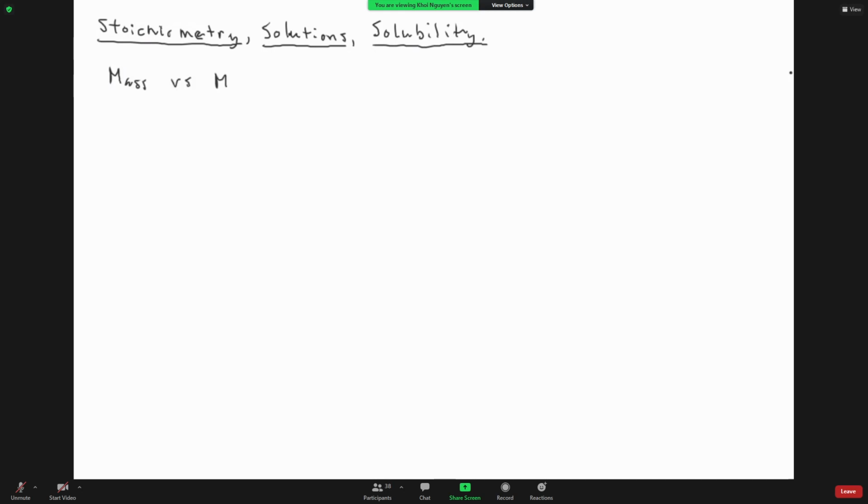So let's define what a mole is. So 1 mole of something is 6.02 times 10 to the 23rd things. It's just a number. Like a million, a billion, a trillion, a zillion, whatever, right? A mole is just a number. It's 6.02 times 10 to the 23rd things. The reason that it has meaning is because